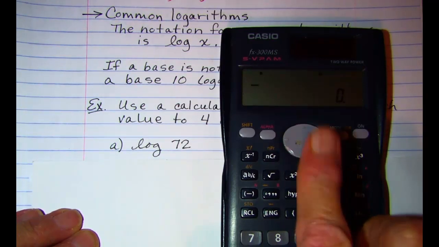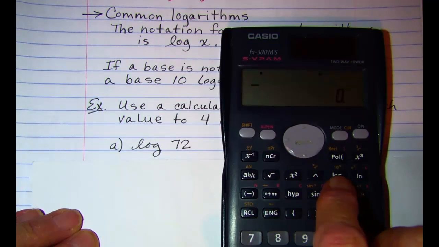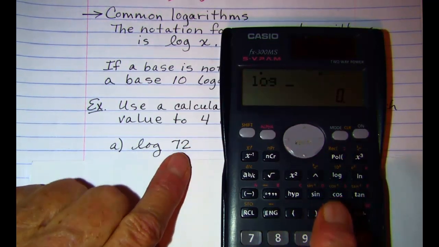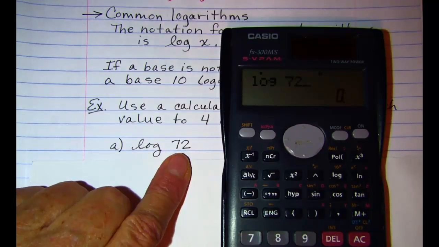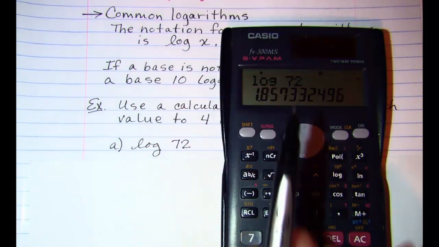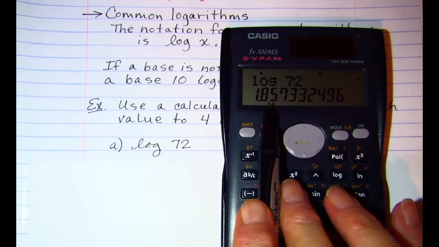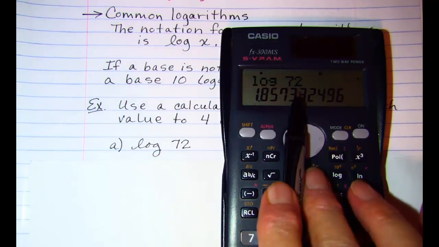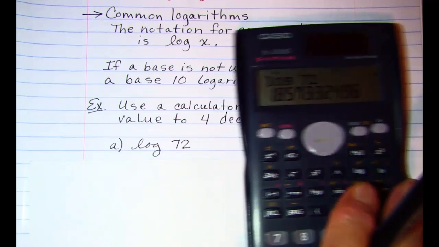So for this type of calculator, we will hit the log button first and then the argument, 72, and press enter. Since we're asked to approximate to 4 decimals, I'm going to round right after this 3,